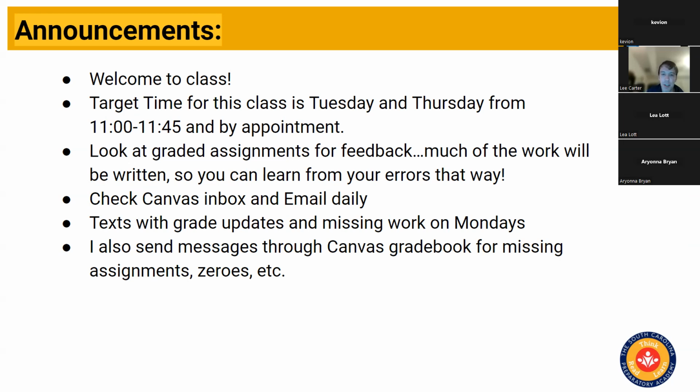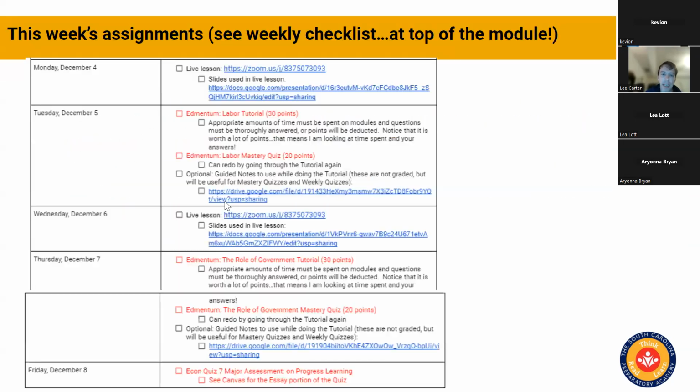But just remember that we have only a couple of weeks left in this class in terms of grading. And so the last day for grades is going to be the 17th. So we got 2 full weeks of stuff to do. This is going to be a regular looking week this week with 2 live lessons, 2 tutorials, and then a quiz. And then again, there will be a multiple choice part and an essay part. And as I've done the last couple of weeks, I decided I liked it with the multiple choice on progress learning and the essay on Canvas. So that's how I'm going to do it again this week.